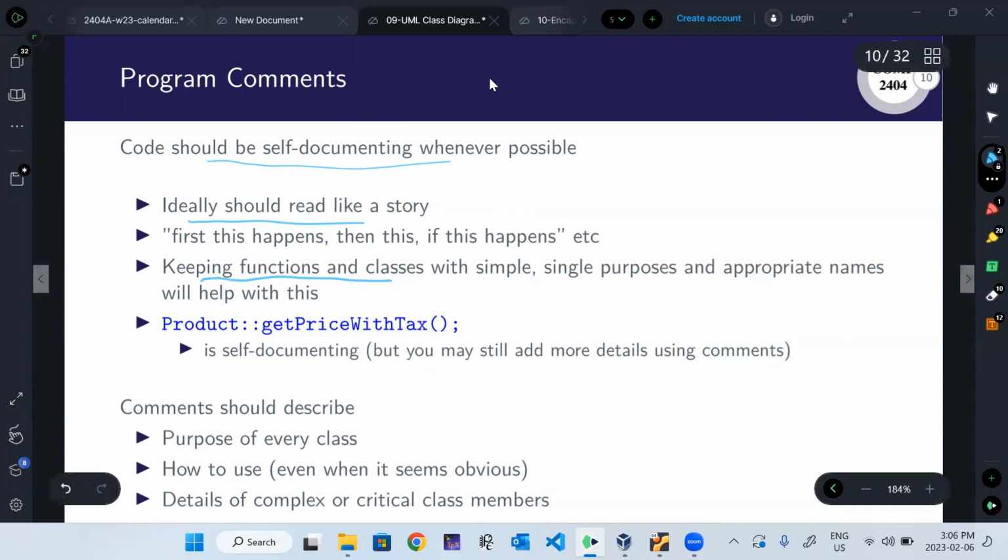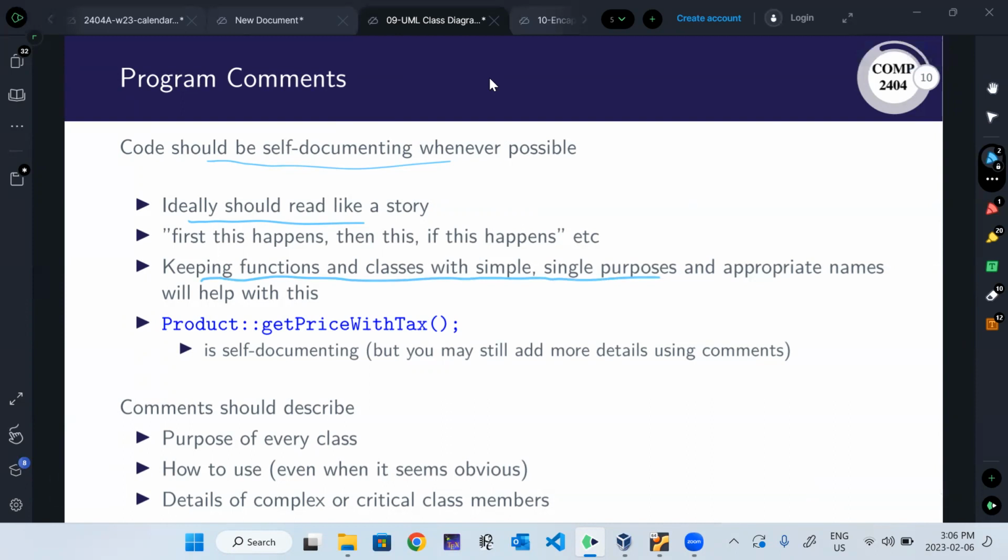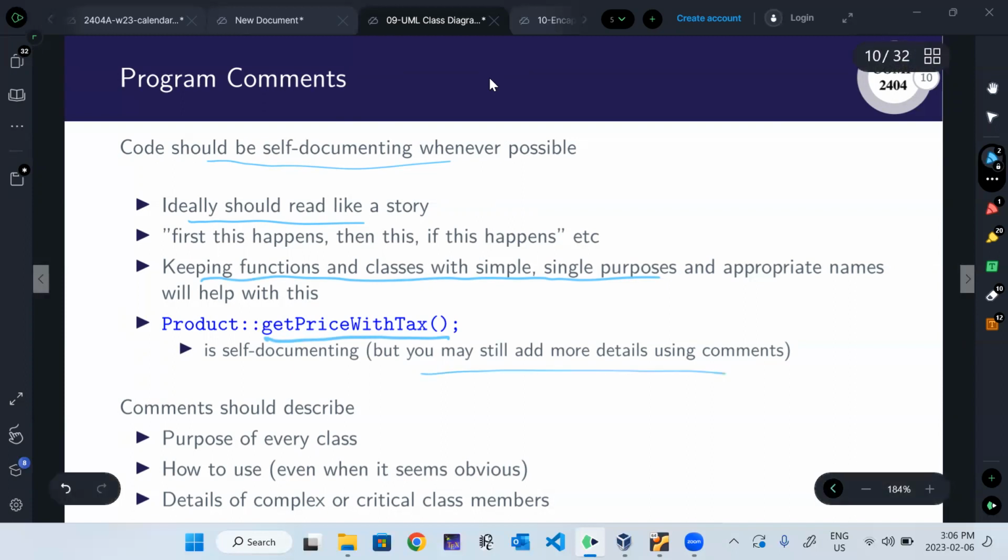But keeping functions and classes with simple single purposes and appropriate names helps, right? So get price with tax, I know what that does, right? Maybe I don't know every single detail, but I've got a good idea. So that's self-documenting. You could still add additional comments, but